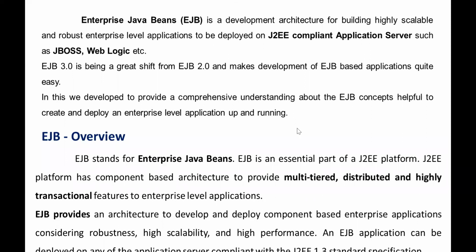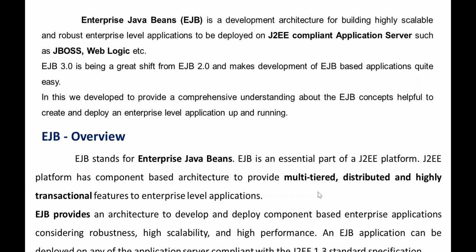Okay, no problem. I can once again explain the overview, types, and benefits of EJB. EJB is nothing but Enterprise Java Beans, so we can call it an EJB.